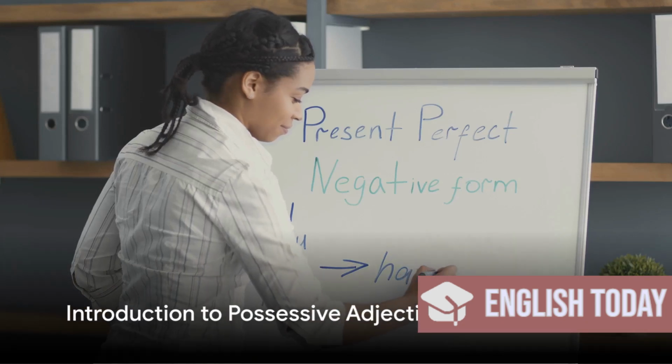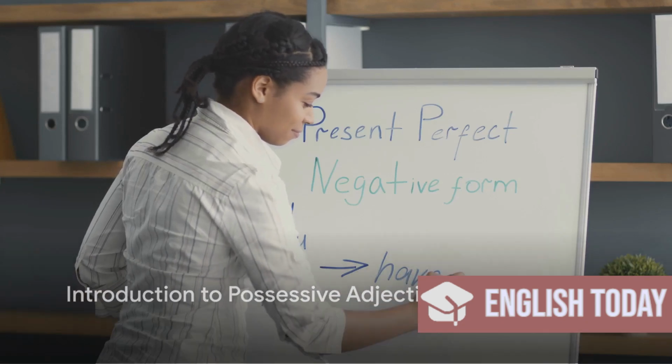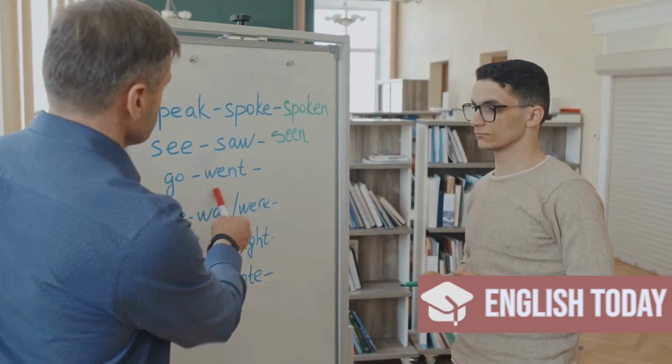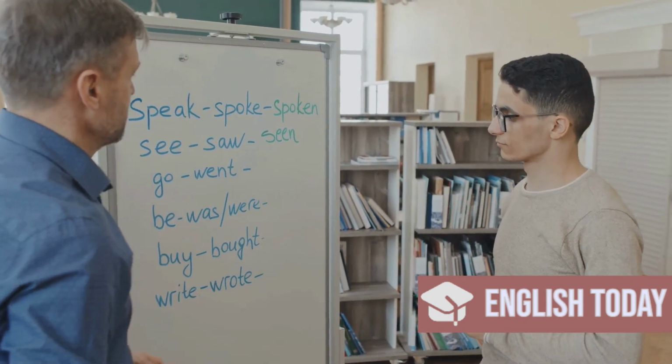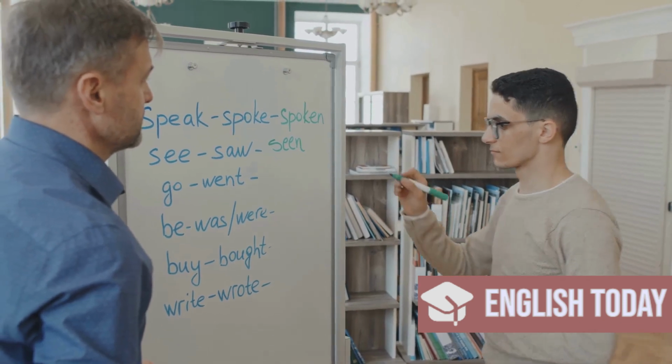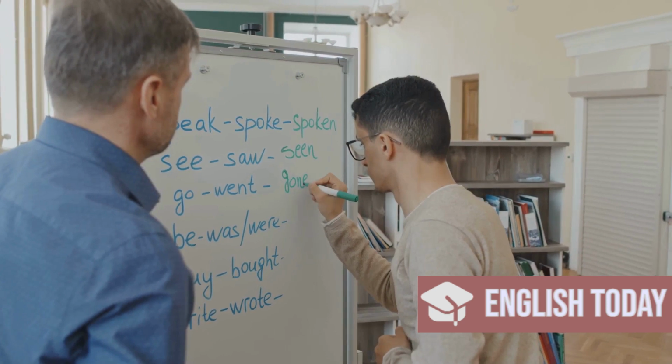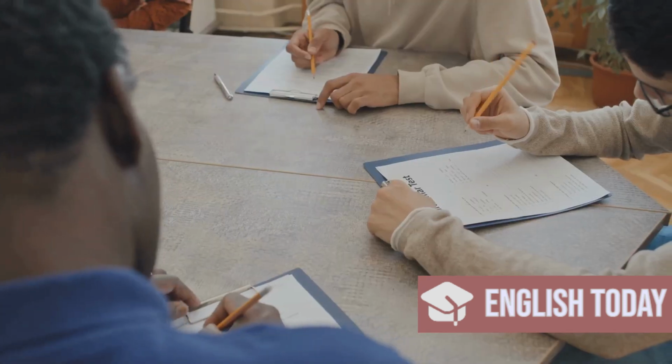Ever wondered how to show ownership in English? Possessive adjectives and pronouns serve that purpose. Welcome to the world of English language, where every word, every phrase carries its own significance. Today, we're diving deep into the realm of possessive adjectives and pronouns, two crucial elements that help us express ownership